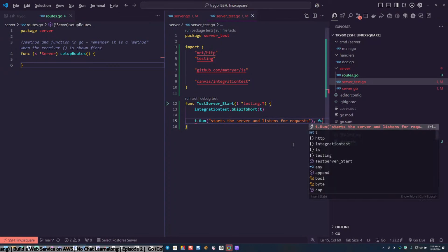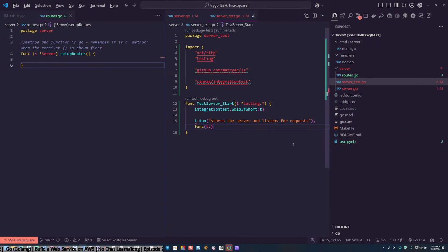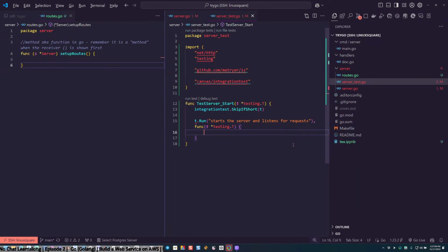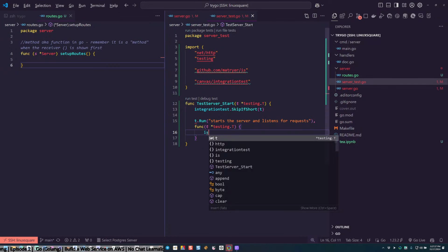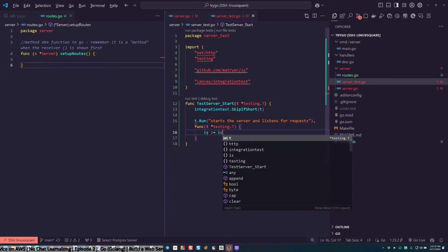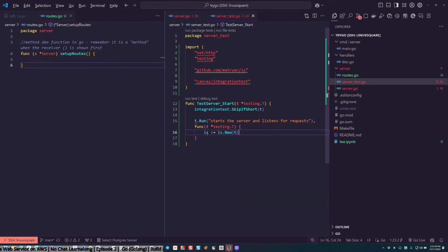And func T pointer to testing.T again. T testing, and then is equal to is.New. The redundancy kills me.